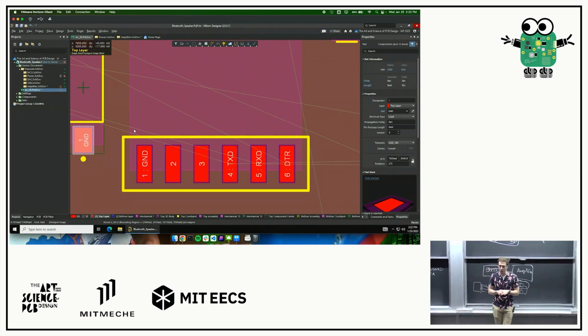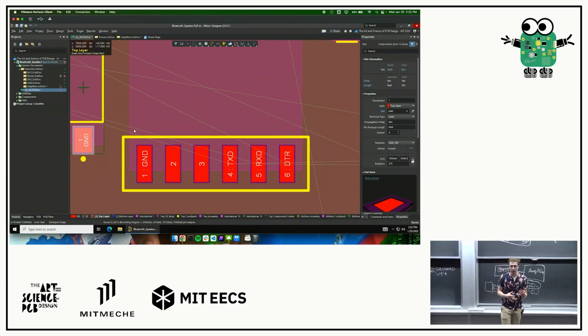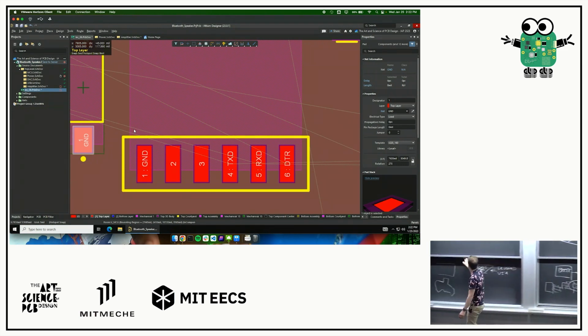Sometimes you want them to be super close, like for all of the digital stuff. Digital signals are pretty resilient to noise, so those can all be pretty close together, at least for the frequencies and the stuff that we have going on our board. You can put those reasonably close together in order to save space. That's totally okay. For other stuff, like let's say we are trying to make,